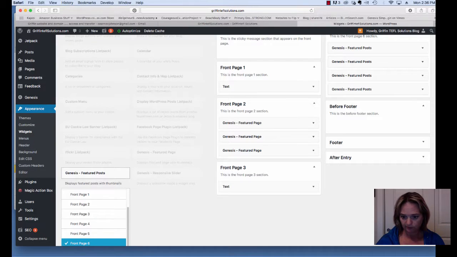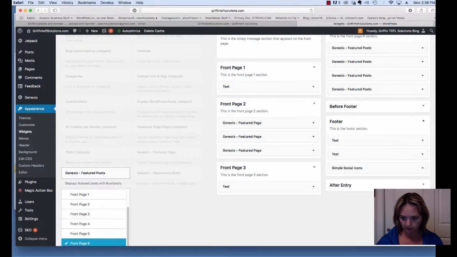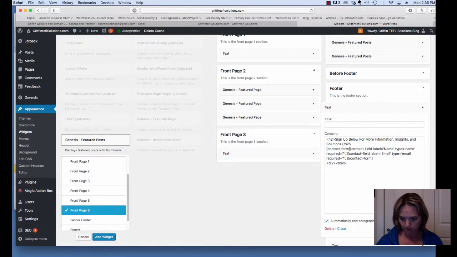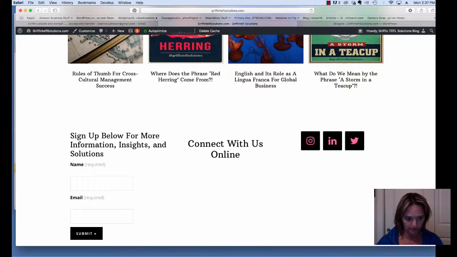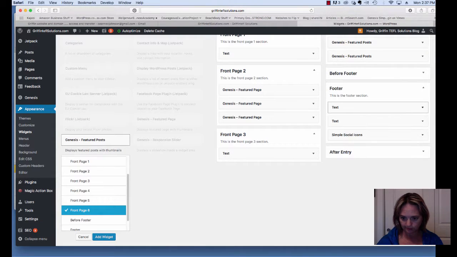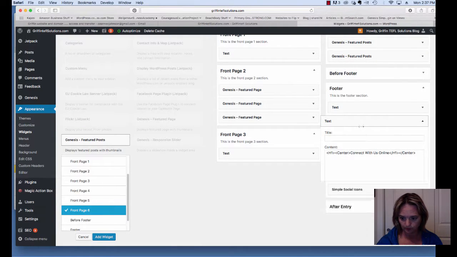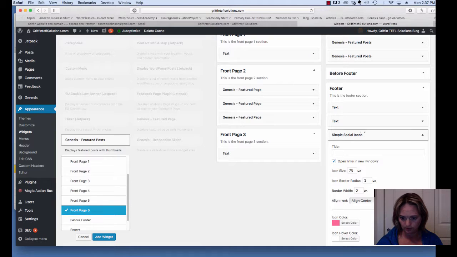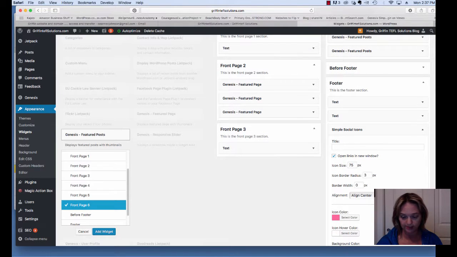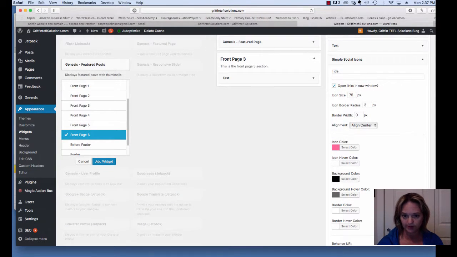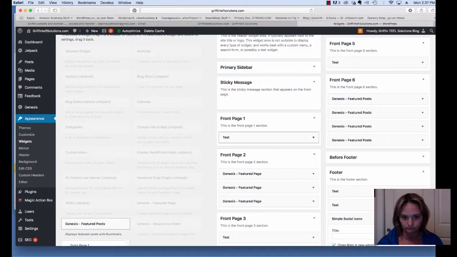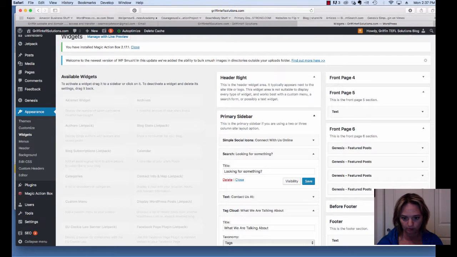Your before footer is blank. Your footer is sign up for more information. That's right here. That control is right there. Connect with us online. And here's your little icons. So these are all in the footer and the widget page. And this is the simple social icons, the same thing that was over in the sidebar over here. Your primary sidebar. Those are both the same